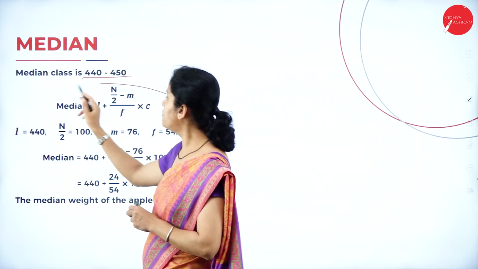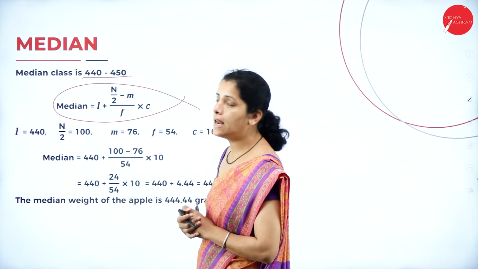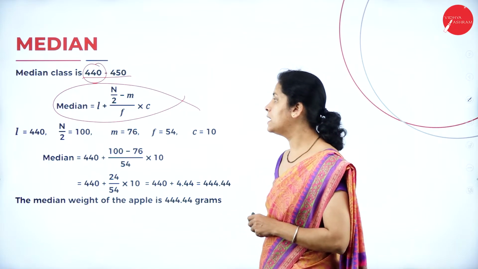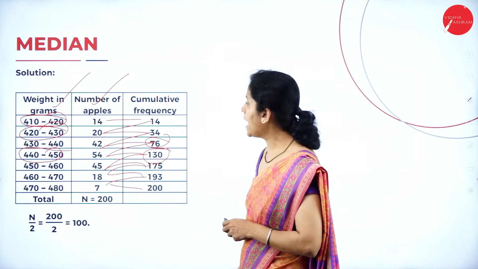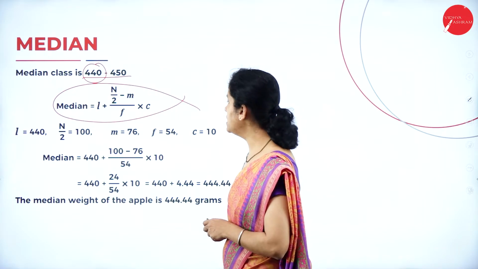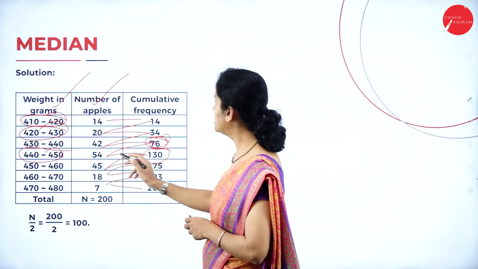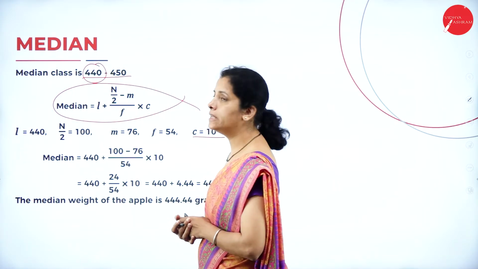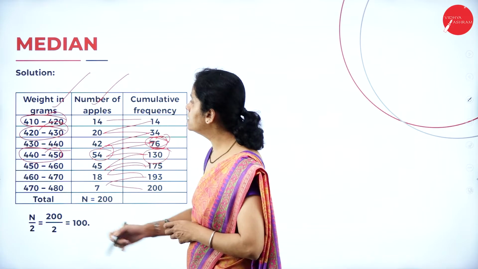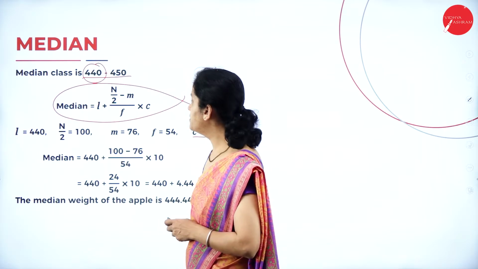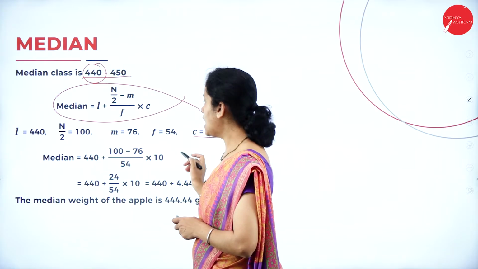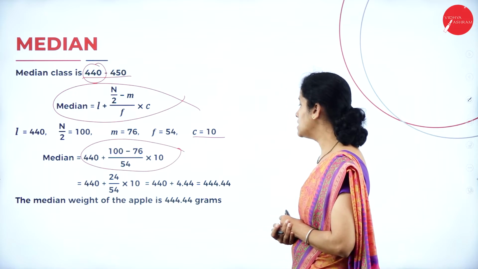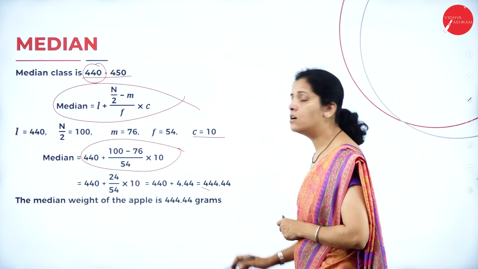And I'm going to write the formula. And what is L? It is 440, and n by 2 is nothing but 100. And what is m? M is nothing but the 76. F is nothing but the 54, and C is nothing but the 10. So what is 10 here? The difference. Okay, difference is nothing but the 10. Now I'm going to substitute all the values in the given formula, and when I simplify, I'm going to get the answer